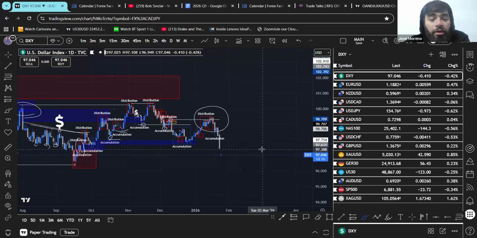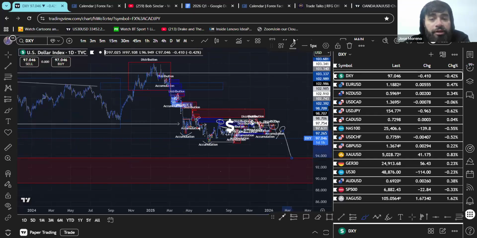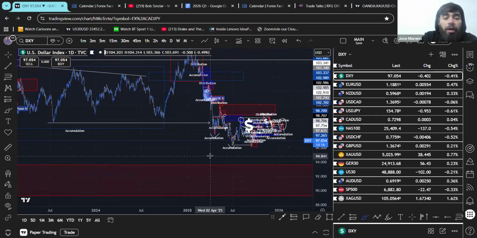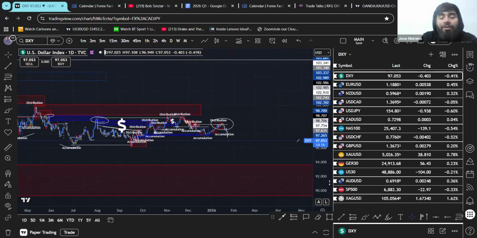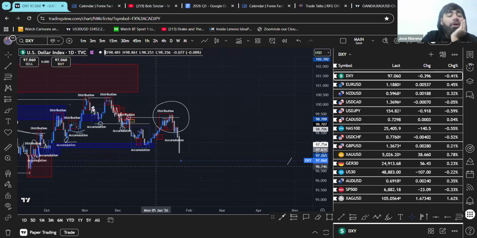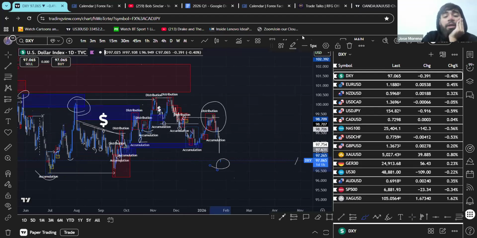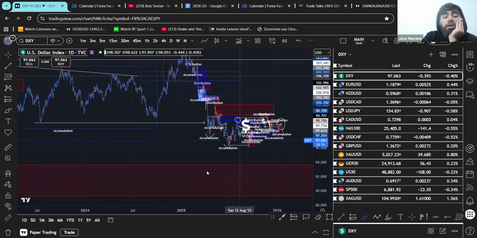But until then, I'd rather, if we do pull back into here, look at that as pullbacks for shorts and continue with the higher time frame bias that we've been looking at as of late, right? So that's kind of what I'm thinking with dollar. And especially when we make moves like this, chances are a lot of people are going to want to buy down in here just because we're at a cheaper price. But at the end of the day, guys, what's the structure telling us? To me, the structure is telling us that we are still bearish.